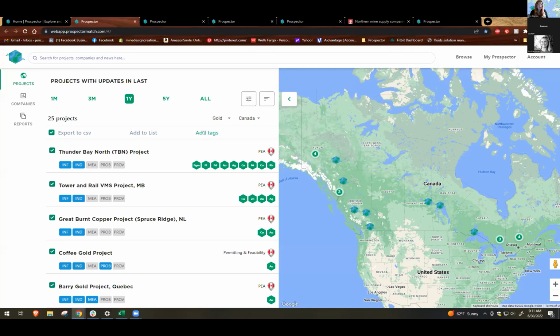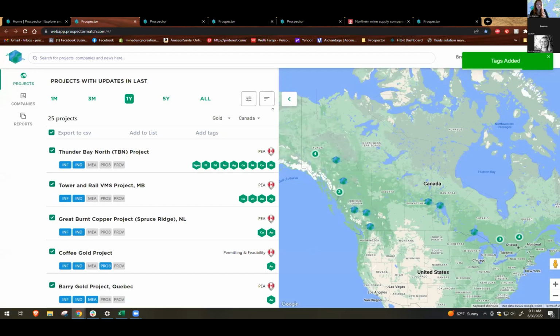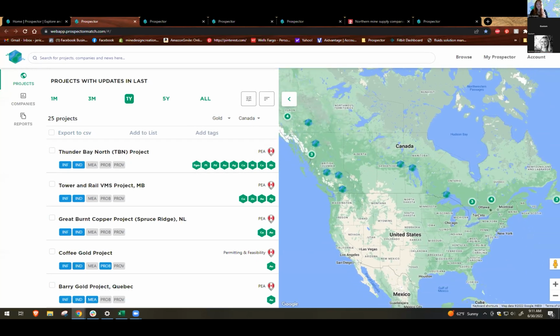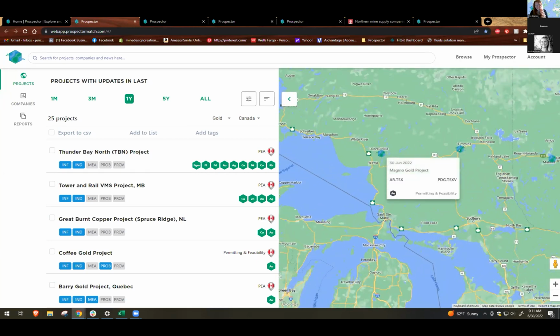We can also select these to add tags to. This is really handy for sorting it out. So we're going to do gold, Canada, save. So all of those projects fit our filters or our criteria that we're interested in. But if we wanted to, we could zoom around and look for particular